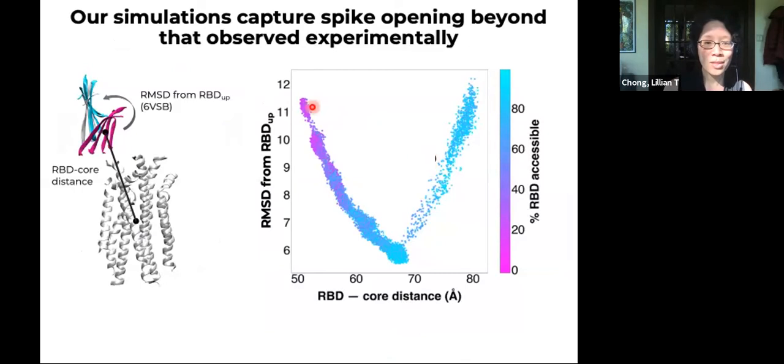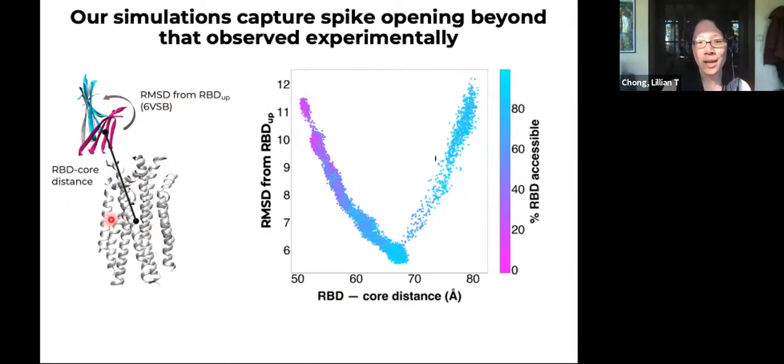So this is a distribution of the conformations that we captured as a function of the progress coordinate that was used for the weighted ensemble simulation. So our progress coordinate is intended to capture the slowest relevant motion. Along the y-axis is the root mean square deviation of that receptor binding domain relative to its up position, which is our target state. And then the x-axis is the distance between the center of mass points of the receptor binding domain and the